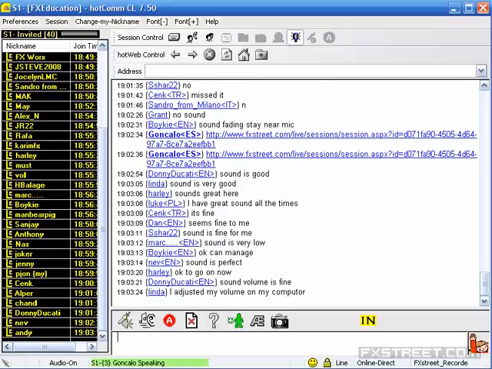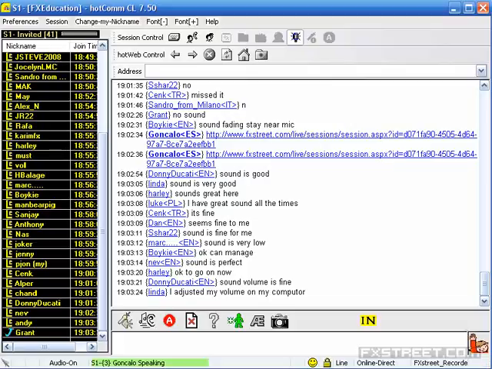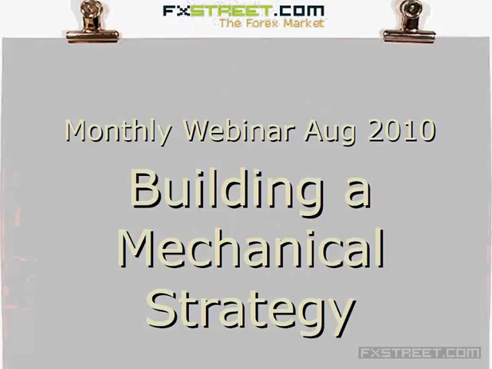So let's start. We will talk about how to build a mechanical strategy. The idea to cover this topic is because it's an essential step in the learning process of any trader. It does not mean that a mechanical strategy is in itself a trading model or a trading plan. It is just a part of it, and so I would ask you to adjust the expectations towards the topic,